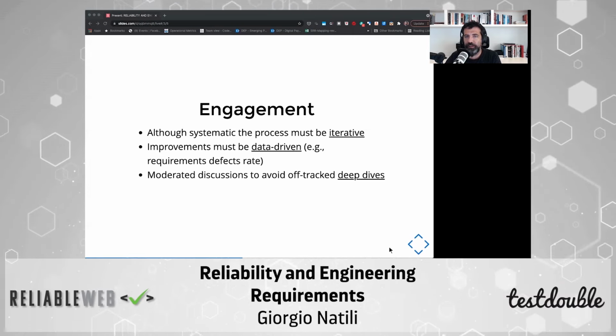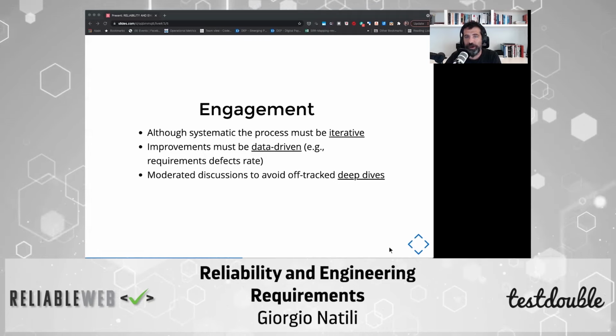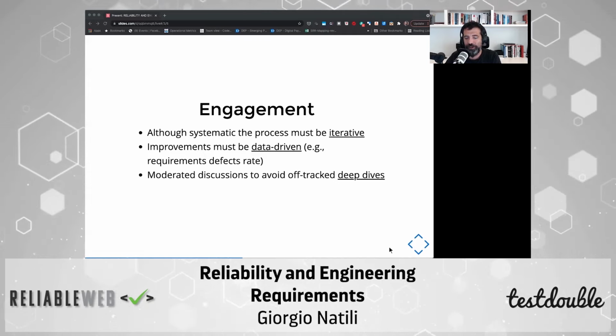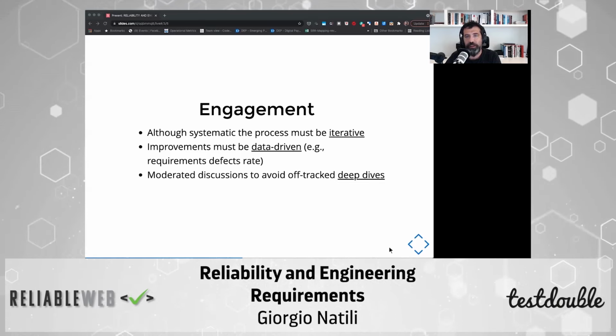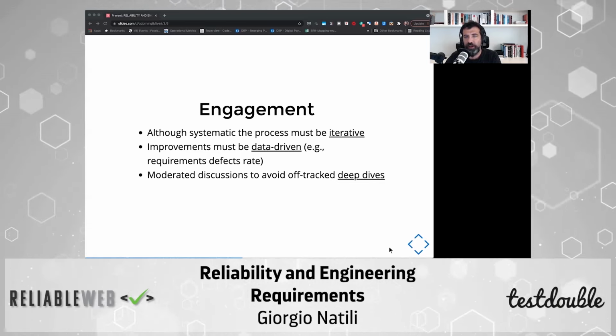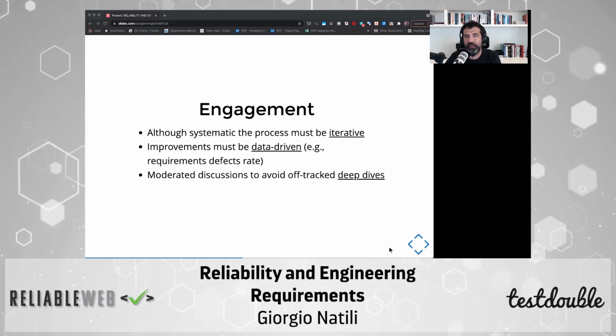Remember that moderated discussions are the best tool to come to a conclusion with a third party that is not involved too much in a specific project, but has an understanding of the systems involved. This is a very engaging technique where you can have live discussions, arguments, and opinions shared all together.